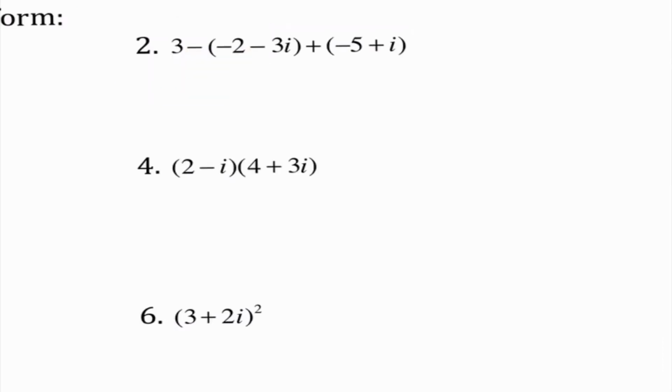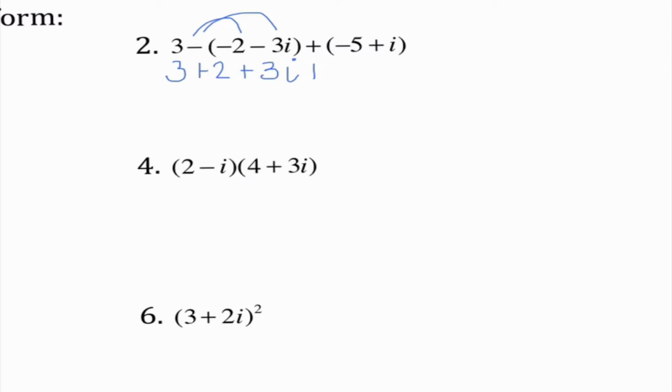Moving on to number 2, it looks a little bit more complicated, and the major reason why it's more complicated is because of this negative. And we know that whenever we see a negative out in front of a parenthesis, that means that I need to distribute. So the very first thing I'm going to do here is rewrite this as 3 plus 2 plus